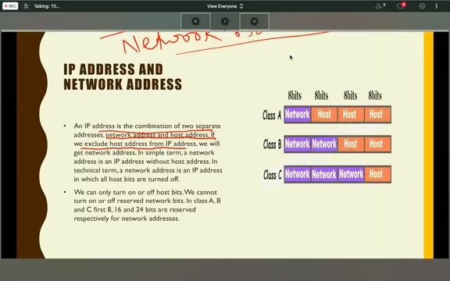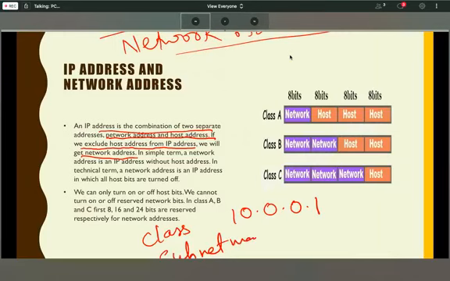For example, if I have this IP address, can you tell me the class? This is class A. And what will be the default subnet mask of class A? The default means it will be 0.0.0.0.